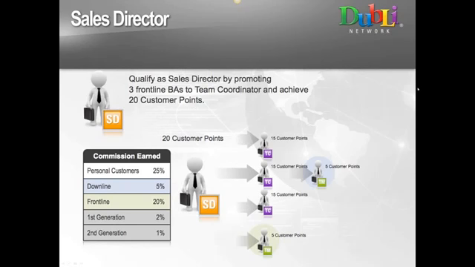But the TLA package, if you selected it, as I mentioned, you're immediately a team leader. If you enroll 3 people that purchase the TLA package, they are immediately team leaders. You would get an immediate promotion to team coordinator with only 3 people in your group. Now, if we help the 3 personals that you enrolled with the TLA package duplicate the process, so they each enroll 3 using the TLA package, you're a sales director with a team of 12: 3 personally enrolled, 9 on your second level. Each one of them has selected the $7,000 TLA package.